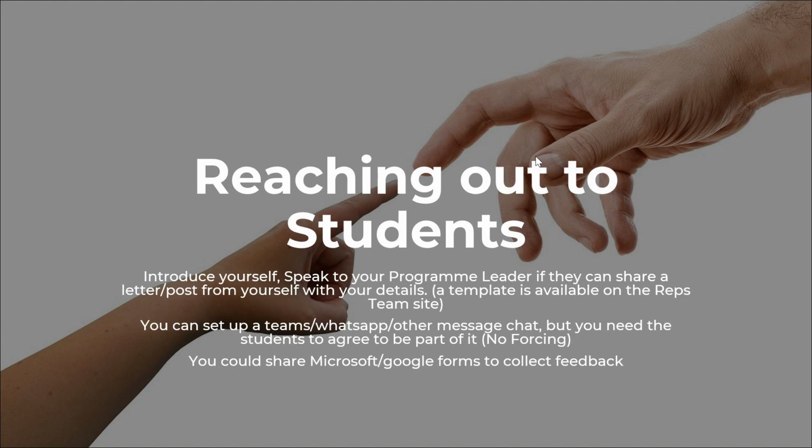Some reps, when they like to collect feedback, will make Microsoft or Google Forms, and the program leader can send that link out, and it would allow you to see the feedback. As reps, when you get feedback, it does have to be shortened to a certain level. There's a certain amount of characters on the rep portal. So if they have sent you what is basically War and Peace, it's up to you to tidy the feedback. It's not about censoring the feedback. It's just that you want to take the key points of what the student is putting forward, and take that forward to the program leader through the portal.